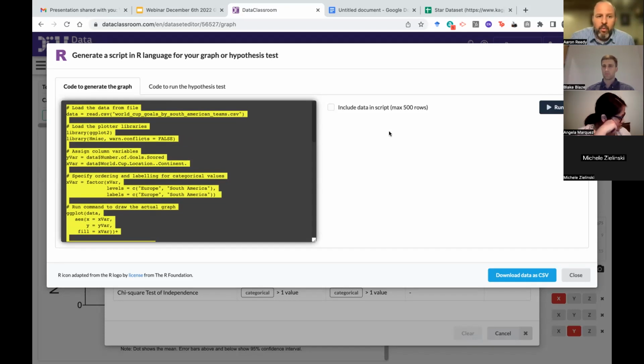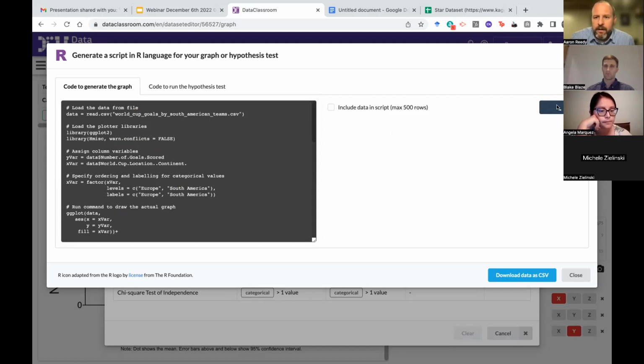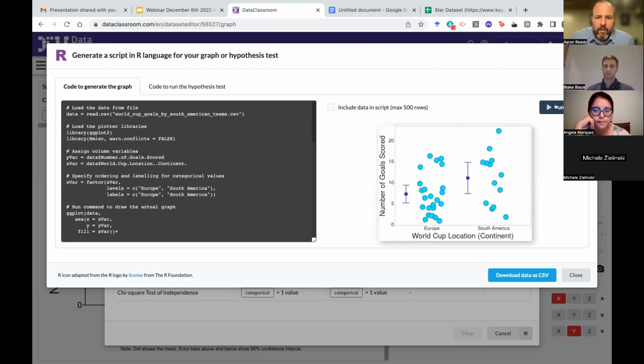If we want to see exactly what this code will run, we can click this run it in R button, and it's now spinning up R on a DataClassroom server, and it's executing that code. And you can see it's trying very hard to match the appearance settings as closely as it can. It matched the colors that we were using. It matched showing the mean and 95% confidence intervals with a dot and bars. And then it tried to match fonts as well. It's not 100% perfect, you'll see there are some small differences, but